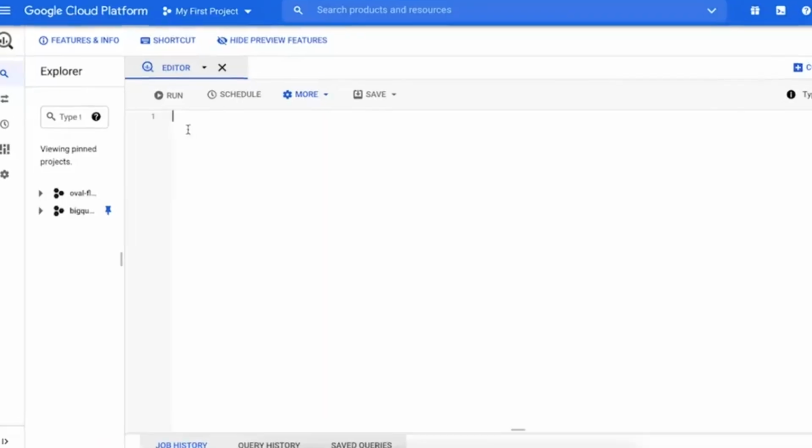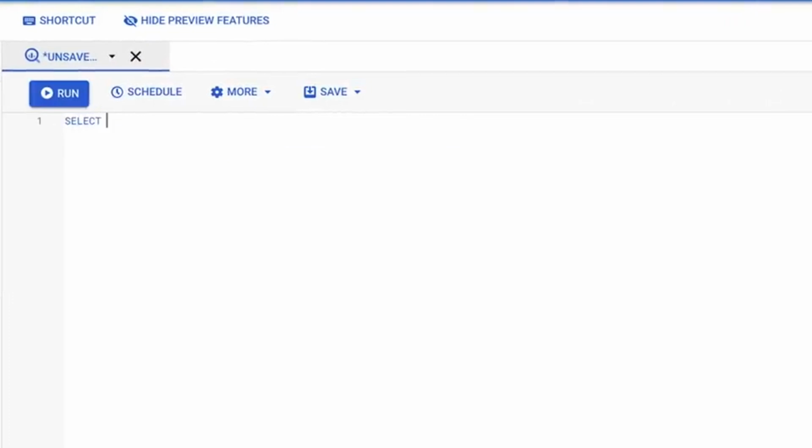Let's try out some common subqueries. We'll start with a subquery and a select statement using the bike sharing data from an earlier example. For the first statement, let's say we want to compare the number of bikes available at a station to the average number of bikes available. We're going to use this query to pull the average number of bikes available, then we're going to incorporate it as a subquery.